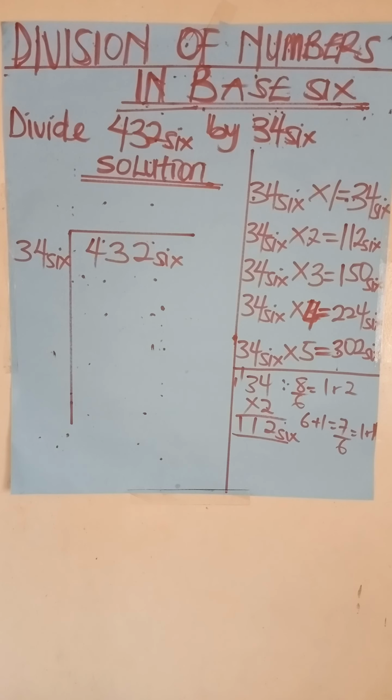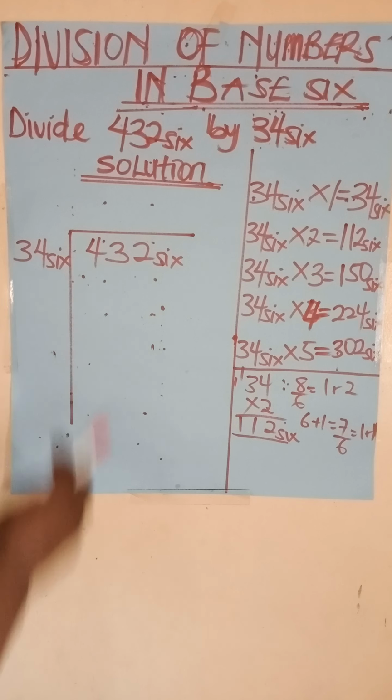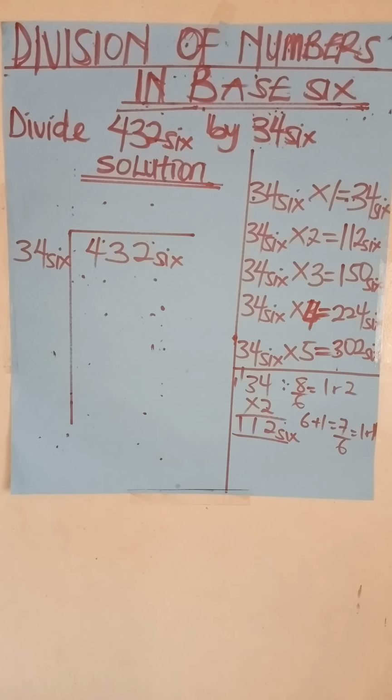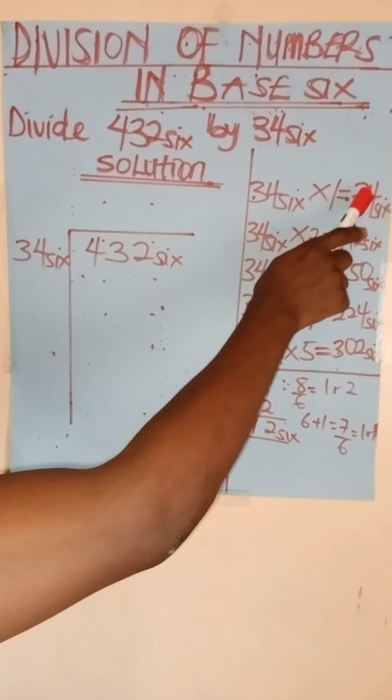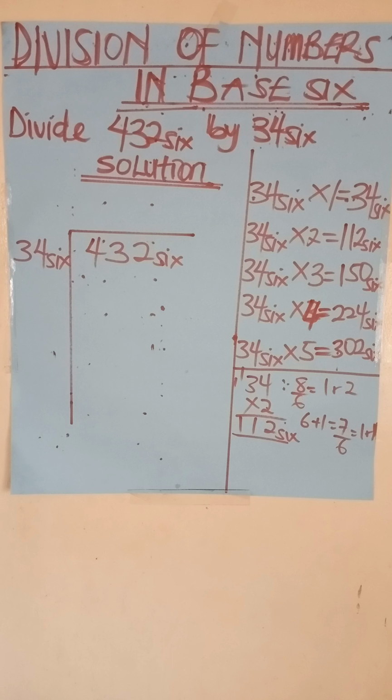That's impossible. Then we move to 43. How many 34 can I see in 43? Checking this, I'm going to see how many. I'm seeing 1. Yes, I'm seeing 1. So therefore,